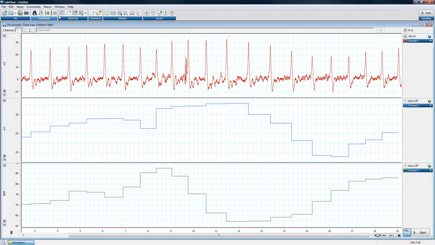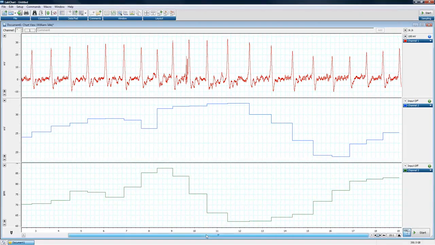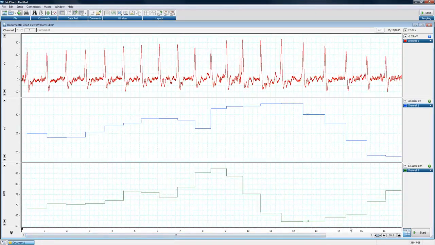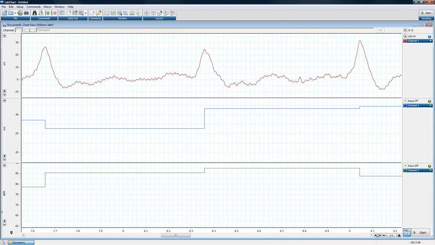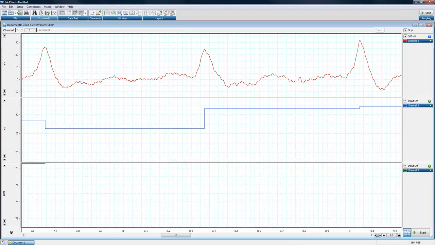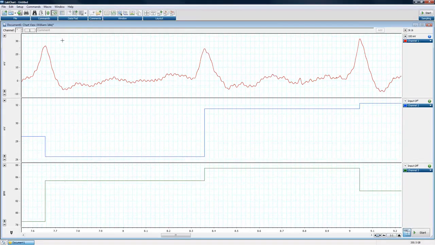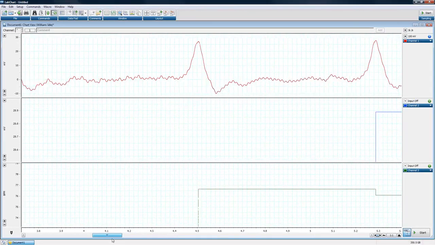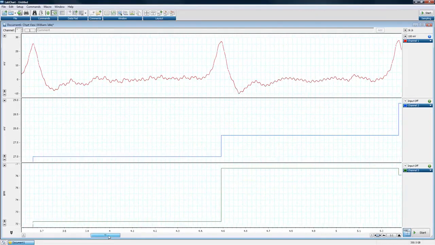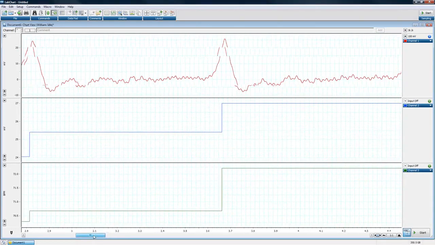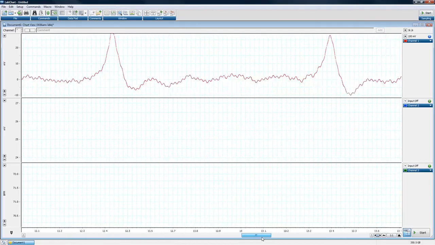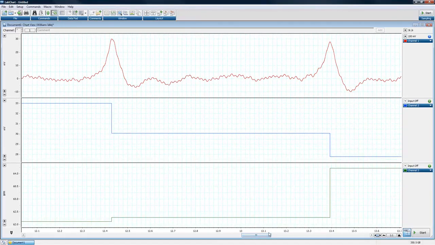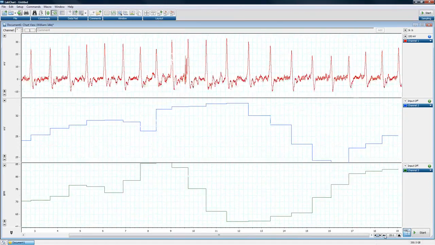So what continuous auto scale does for us, as I said, is make sure that our data is always in the correct scale. If I move things around here, I should actually record a little bit more data for us to be able to do this well. But if I click on this button, continuous auto scale, what this will do is it'll make it so no matter where I'm at, you see the axes are adjusting. If I scroll along, the axes automatically adjust. So it makes it so that my data is always fitting inside the window that I'm currently looking at. What this also means is during live recording,